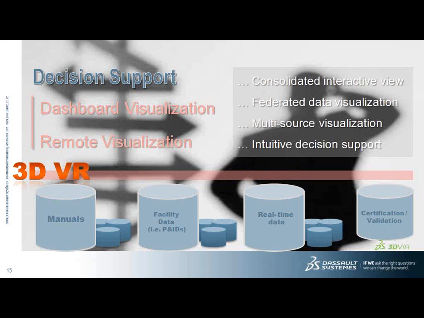The other thing is this federated data visualization. Think of it as, now I have this 3D, it's consolidated for me. These things are systems that include subsystems, that may be close to each other or far from each other. They may have pipes that traverse a facility. Now I can start to integrate these in a smart way to my backend system.